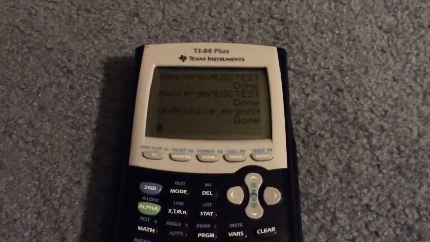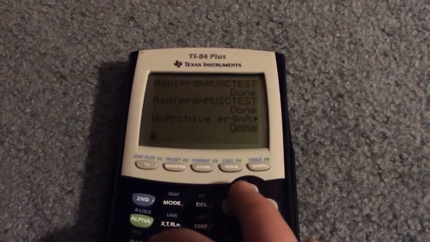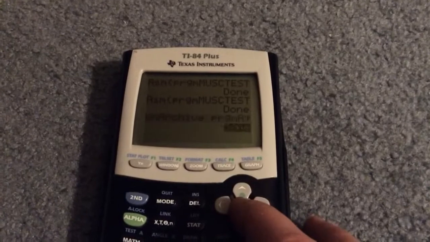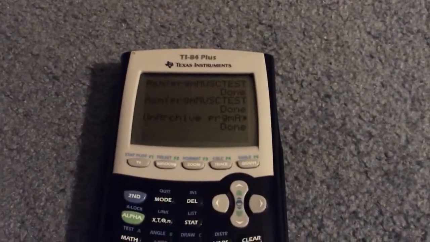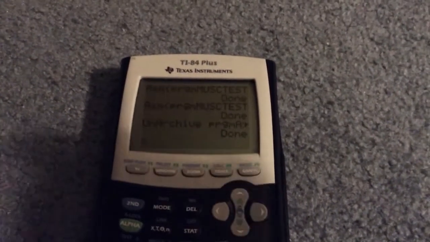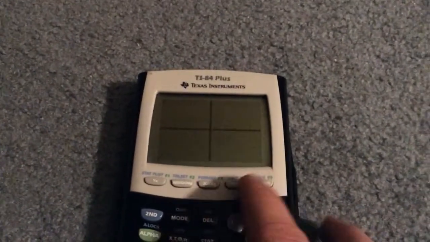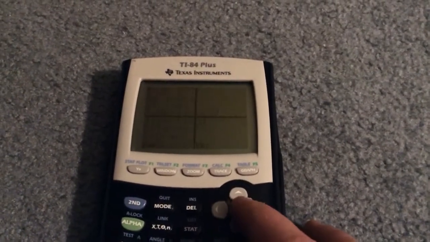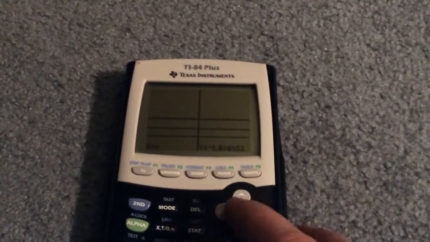Alright, so this program I actually like a lot. I do not compile. It was something that I wrote that's actually a utility to help me when I was coding Wings of War. What it does is it takes the graph screen and converts what was on it